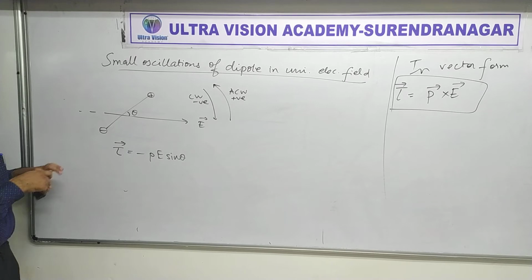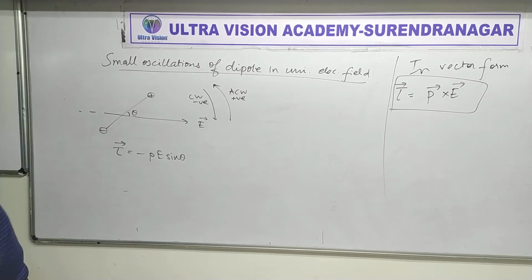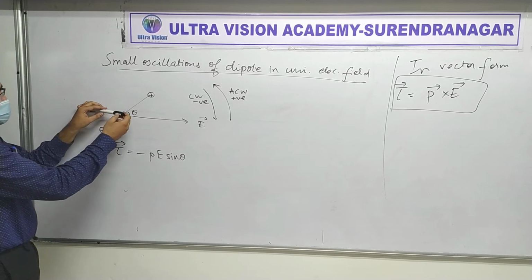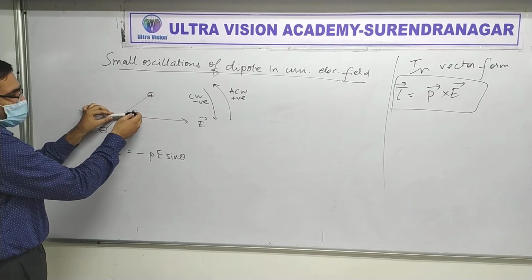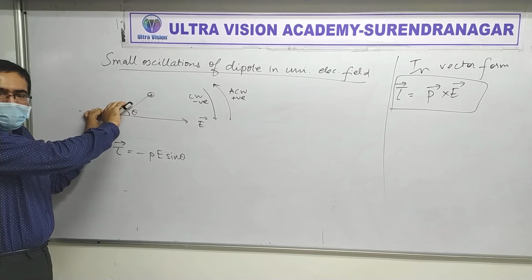Do you see that this has characteristic of oscillations? What is the meaning of oscillation? Goes back and forth, back and forth. Yes or no? Yes. Okay. How will this go back and forth? Think about it. This is where electric field is. You turn it and leave it like this. The moment you leave it, it will start coming back.